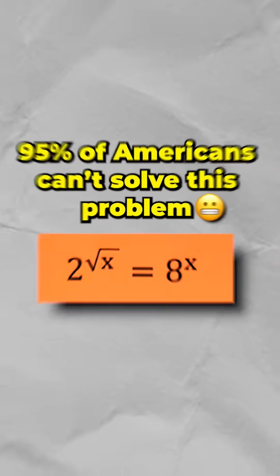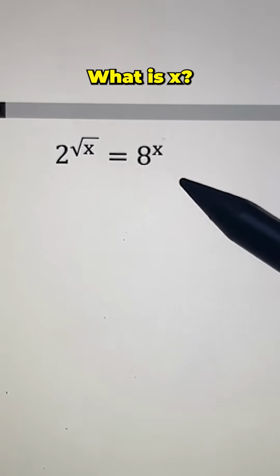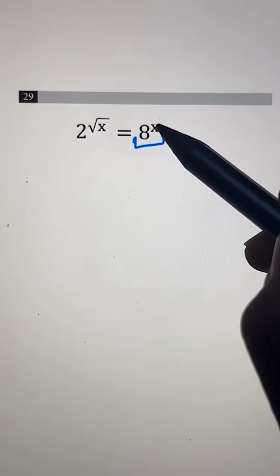95% of Americans can't solve this problem. 2 to the root of x is equal to a to the x power. What is x? So the first thing we're going to do is write a to the x power as 2